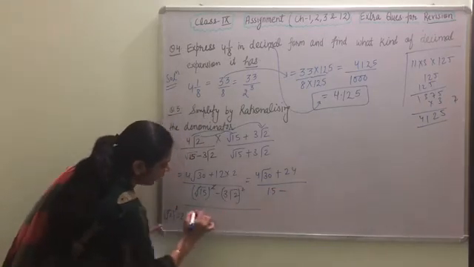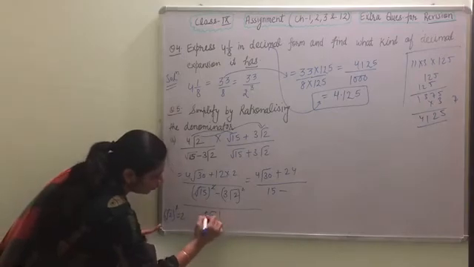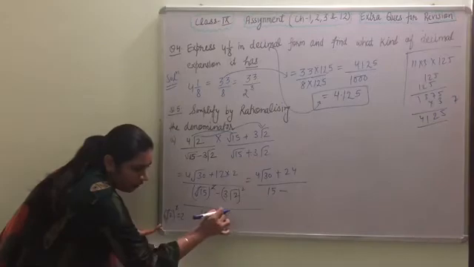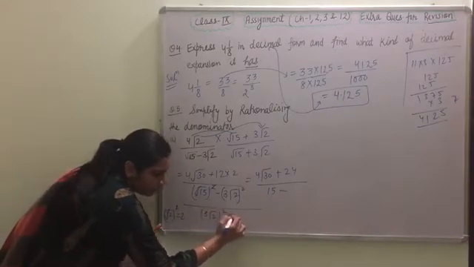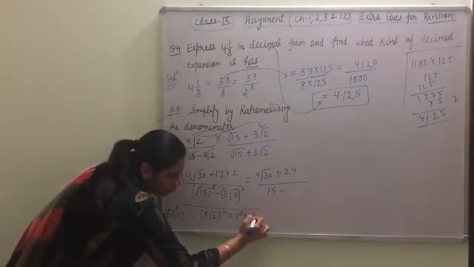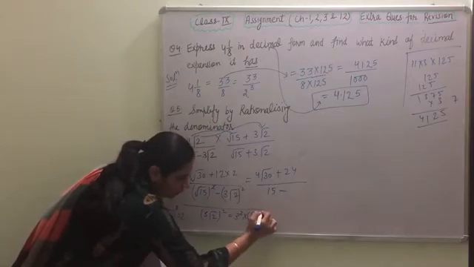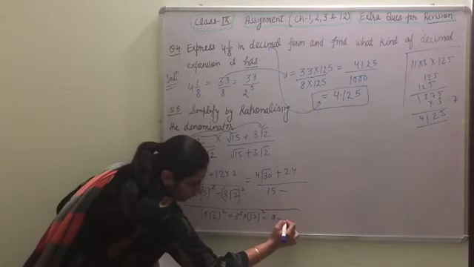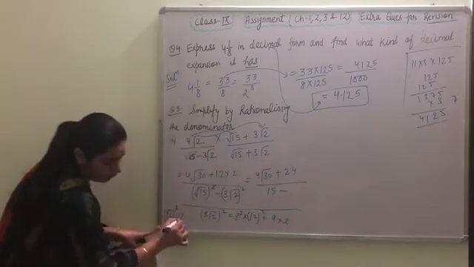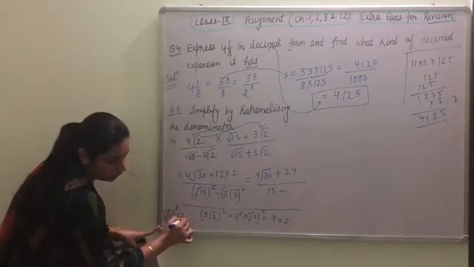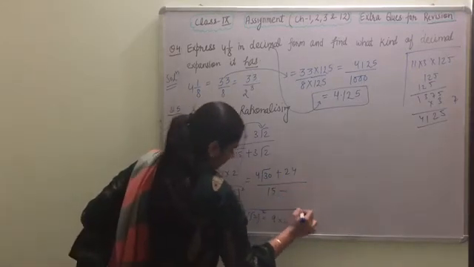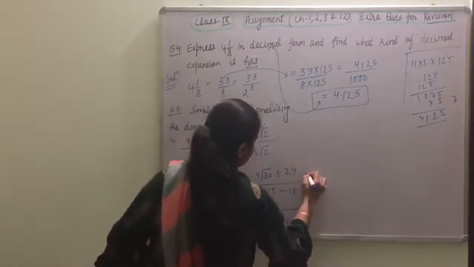Here I am doing the calculation work: 3 root 2 square, square of two numbers, square of 3 and square of 2, so 3 square into root 2 square. 3 square is equal to 9, root 2 square gives us 2. Here we have done root 2 square is equal to 2, 9 2s is 18, so 15 minus 18 is equal to